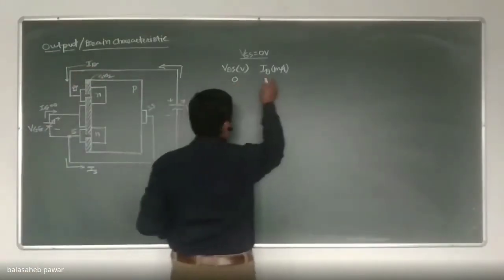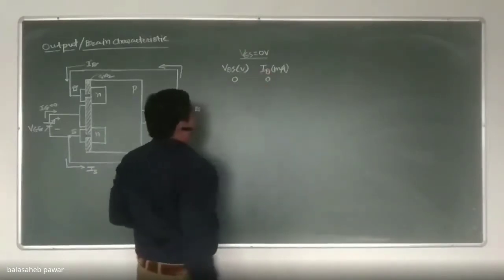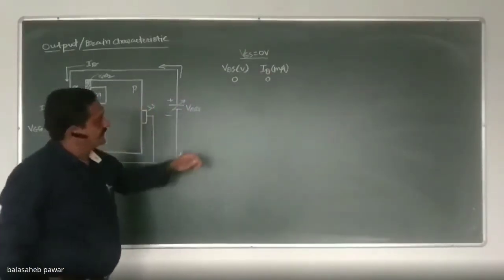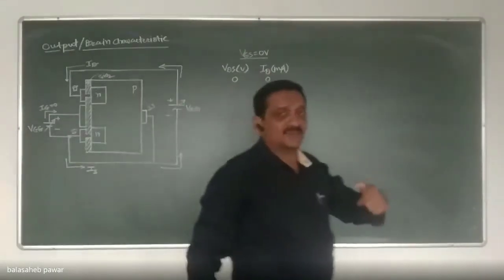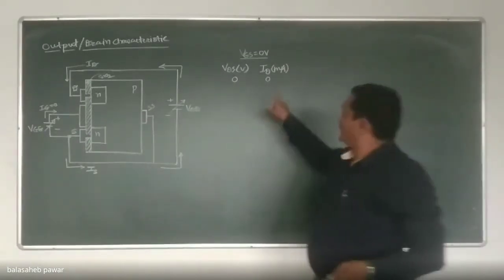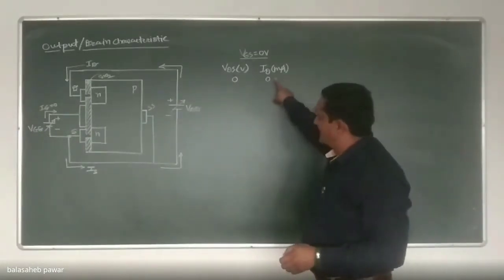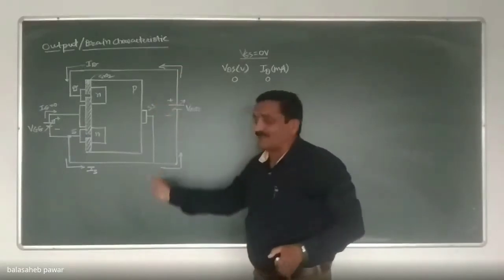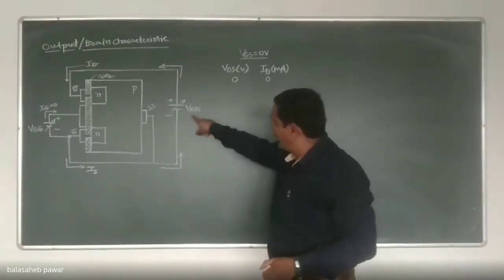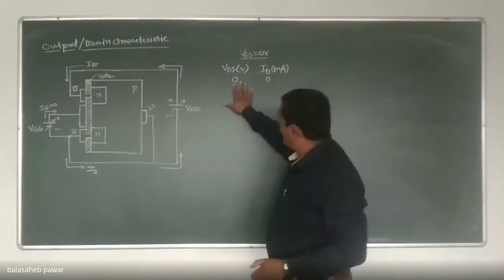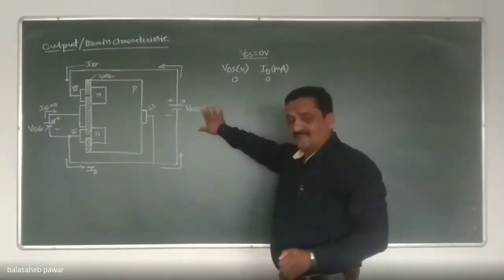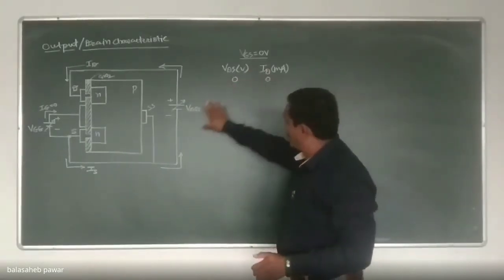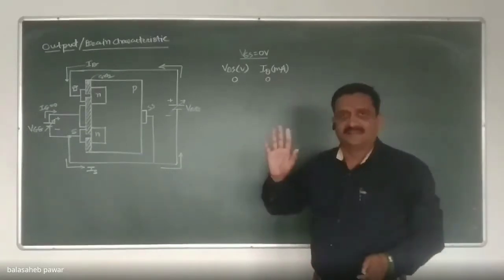So whenever this VDS is 0, ID will be 0, because for drain current, the source is the drain to source voltage. For drain current ID, what is the source? That is the voltage applied to the drain with respect to source, that is by this VDD. And whenever that source itself is at 0 potential, the current due to that source will remain 0. That is my first reading.